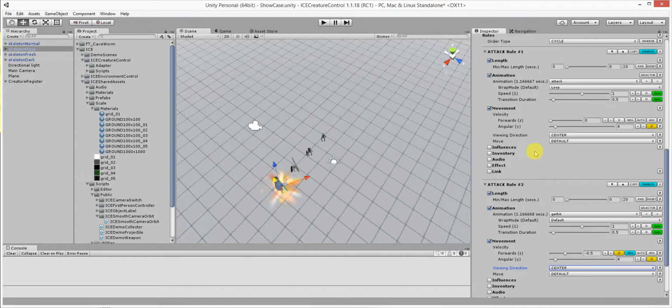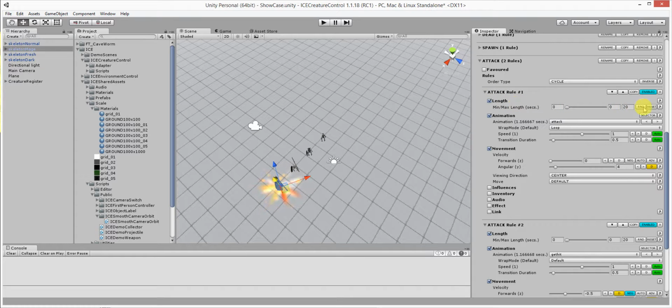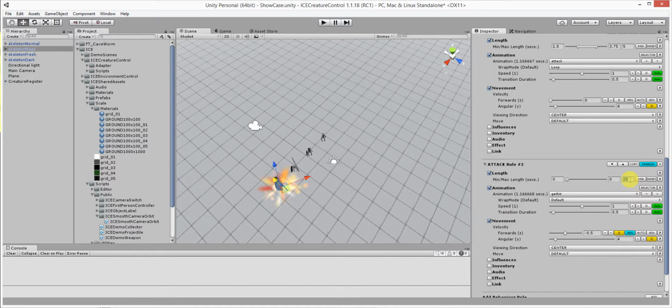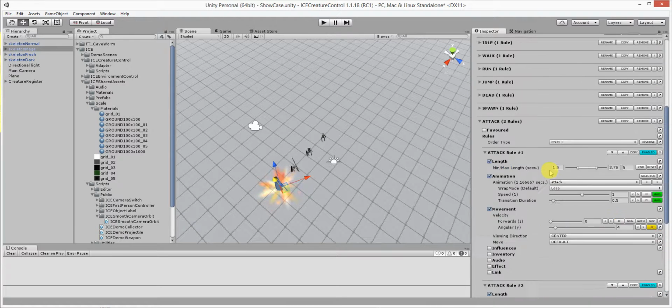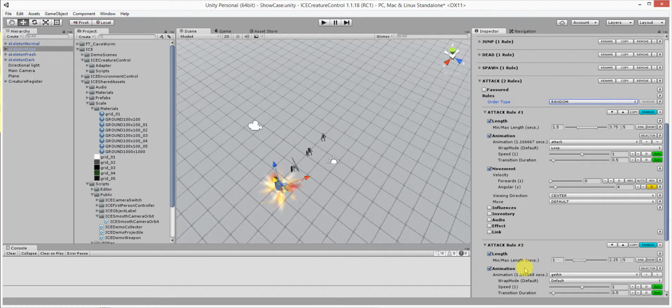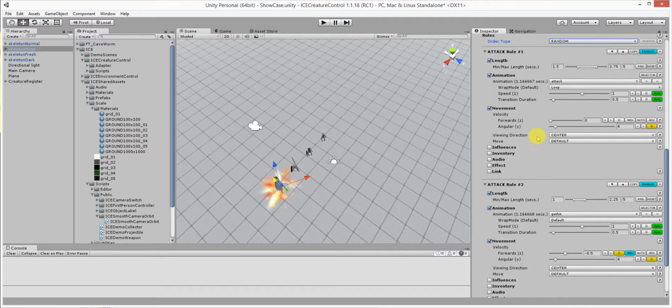So now we have two rules inside, and now we have also defined the play length of the rules. For this we can set here, we said he should do this. Yeah, so it's fine. This we can do a little bit longer, and also the same here. We set this to 5 maximum value, and it's to 1, so it's better. So now we have two rules. Now the play order type will be cycle, and we do it random, so it's more realistic. Otherwise, we will do attack and get hit, attack, get hit, attack, get hit. And with random, it is more randomized. So, and if we play now,